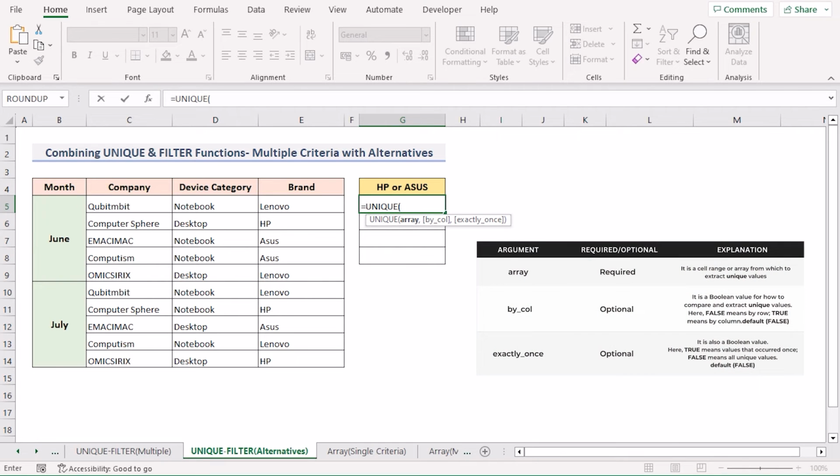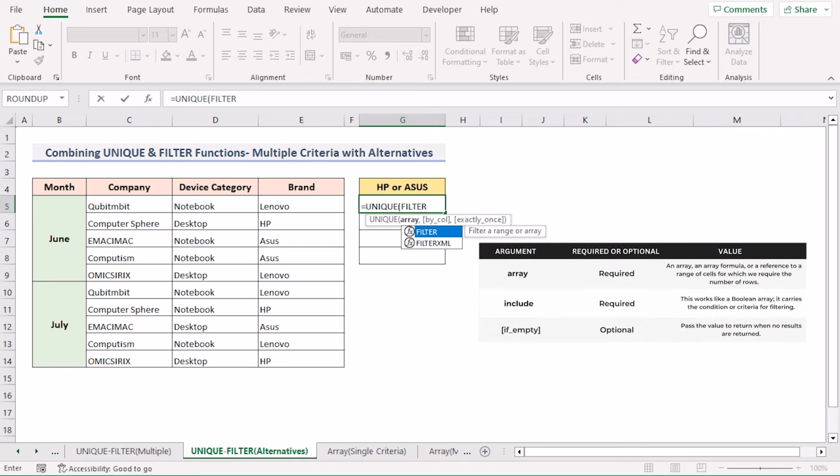So select our filter function in the array section, which basically filters a range or array. Now we'll go for C5 to C14, but here we are trying to get the result for HP or ASUS. So at our first criteria, we'll go for the E5 to E14 cells, but we are trying to get the